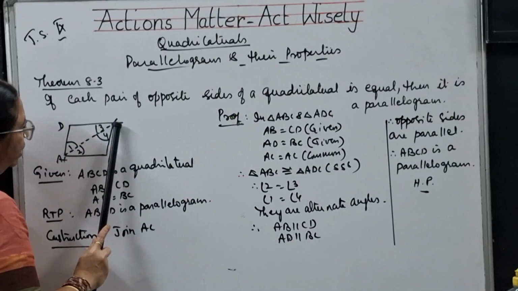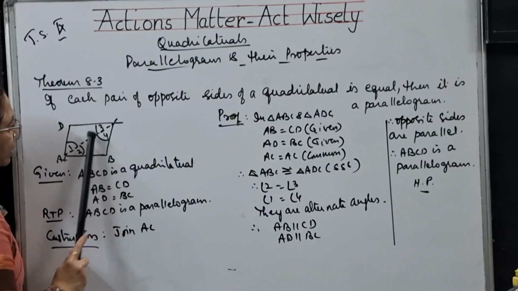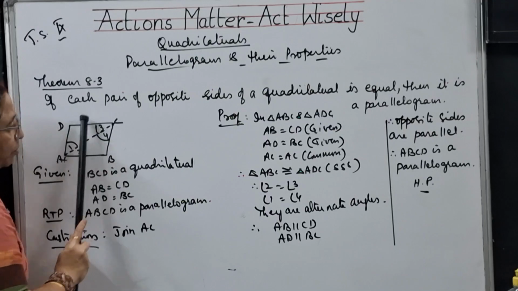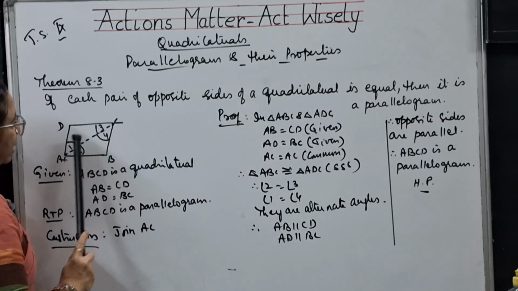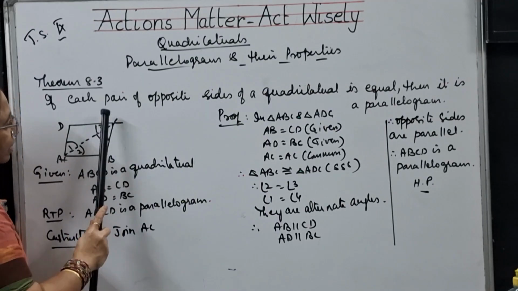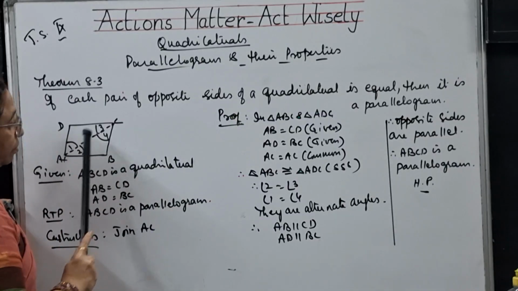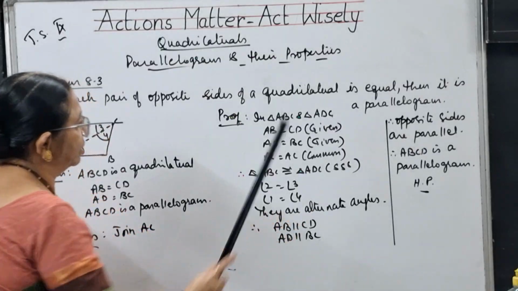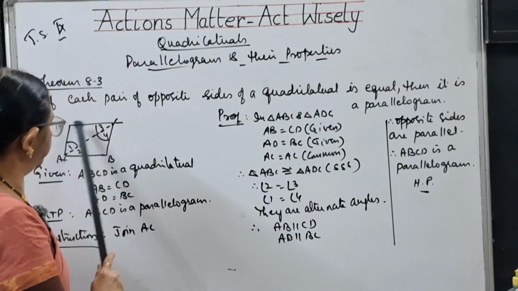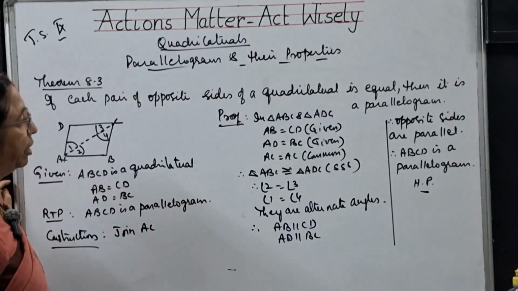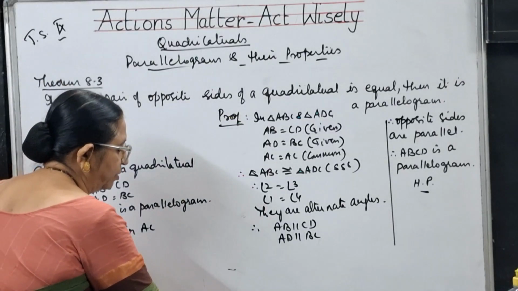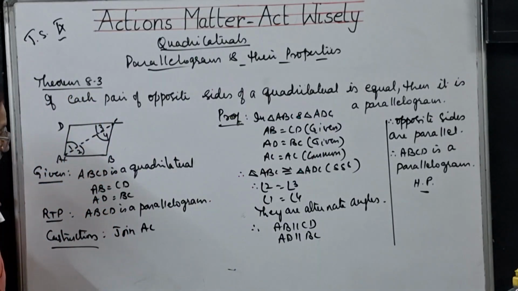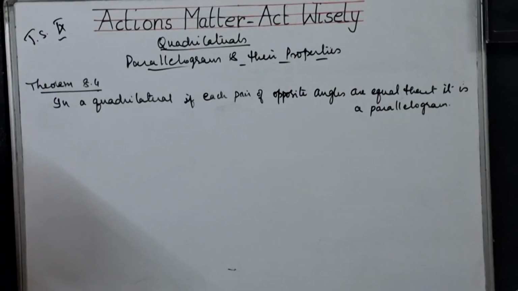When angle 2 is equal to angle 3, these are alternate angles. When alternate angles are equal, these two opposite sides are parallel. Similarly, angle 1 is equal to angle 4, they are also alternate angles, therefore AD is parallel to BC. So what are we getting with this? Opposite sides are parallel. When the pairs of opposite sides are parallel, then definitely it is a parallelogram. This is how we are proving this, children. Please note it down. 8.3 theorem. Now the next theorem,